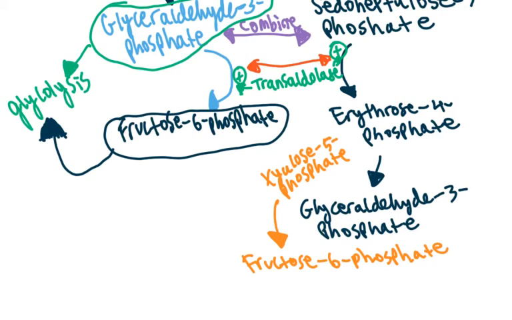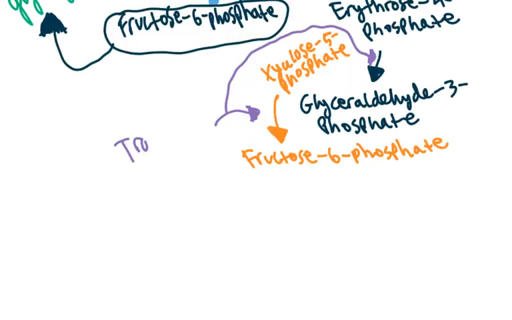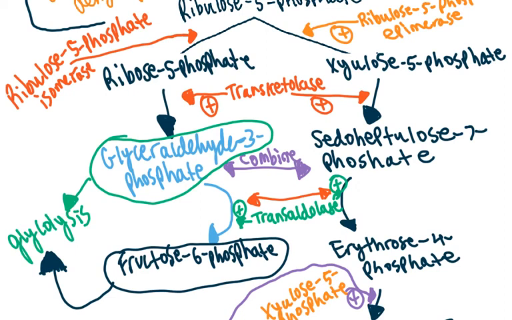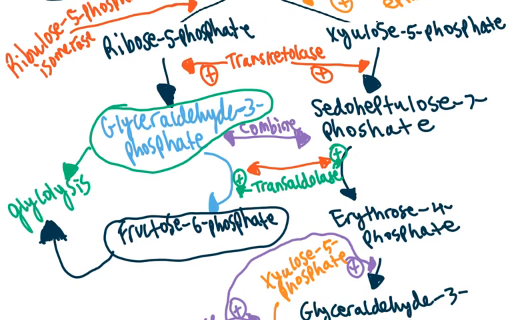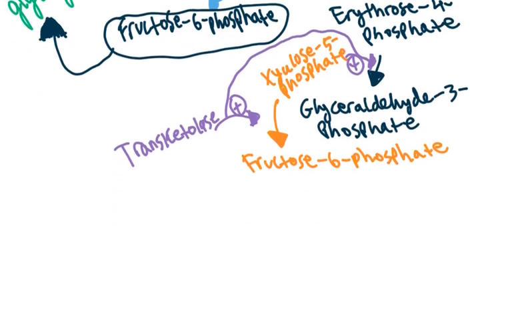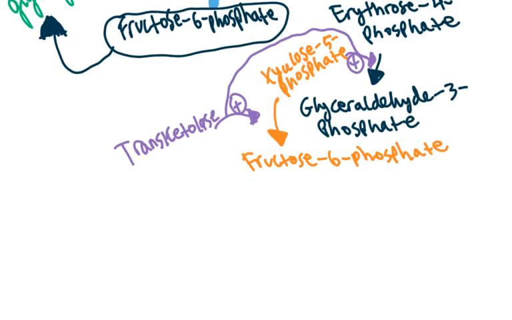Now there's an actual enzyme that drives both of these reactions, all right, and that enzyme is again a transketolase enzyme. So this drives both of these reactions. And again, we saw this enzyme get used here when ribose 5-phosphate converted into glyceraldehyde 3-phosphate and xylulose 5-phosphate got converted into sedoheptulose 7-phosphate. All right, and then from here, what can happen is that this fructose 6-phosphate can actually go to the